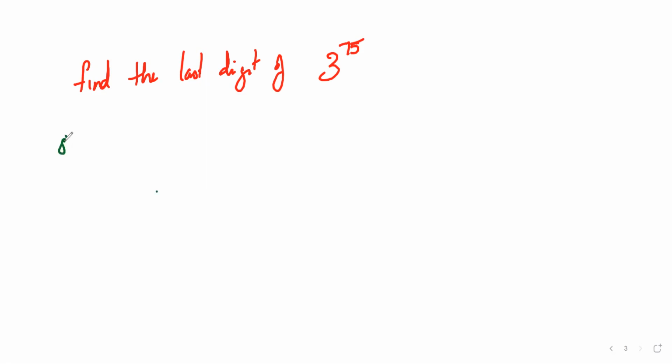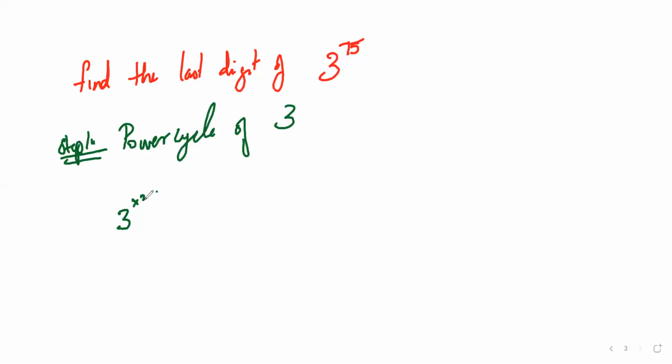So first, step number 1. What is it? Power cycle. So here we'll write power cycle of what? 3. So first you write down 3 here, correct? Multiply with the number itself. So 3 3s are 9. 9 3s are 27, but you don't write 2 here. Correct? 3 7s are 21. 3 1s are 3 itself. So it's like this. The rotation is like this.